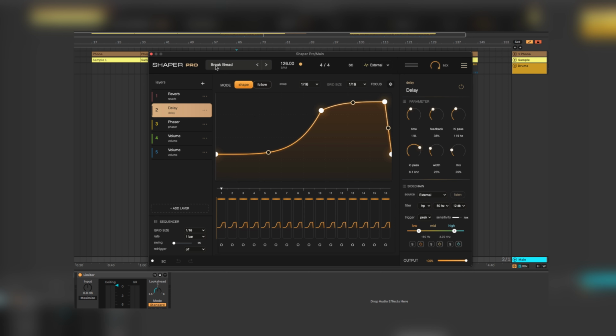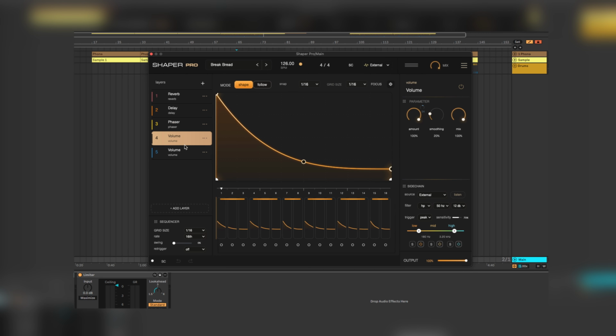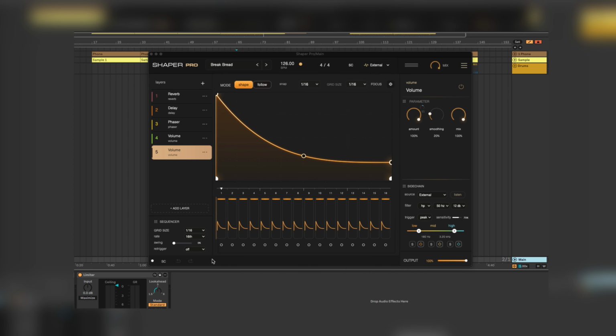So for this patch, you can see that it's got 5 different FX modules stacked on top of each other. It's got a reverb and a delay. The reverb stays consistent, the delay rises up over time. But on top of that, we've got a phaser and 2 volume modules and it makes it sound really rhythmic. So if I actually just bypass Shaper Pro for a moment,